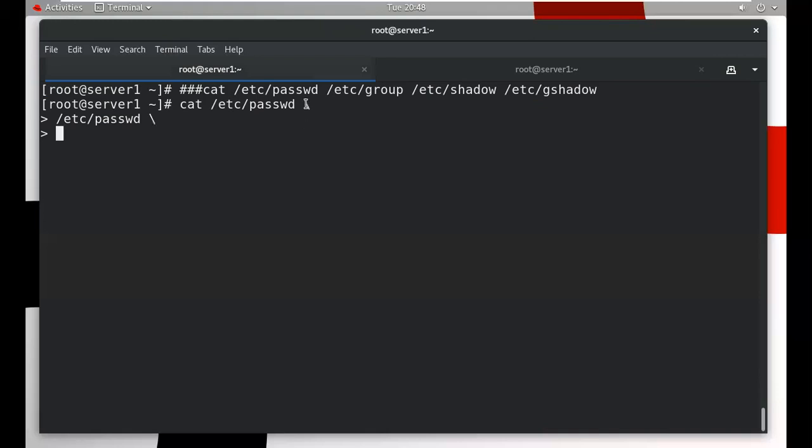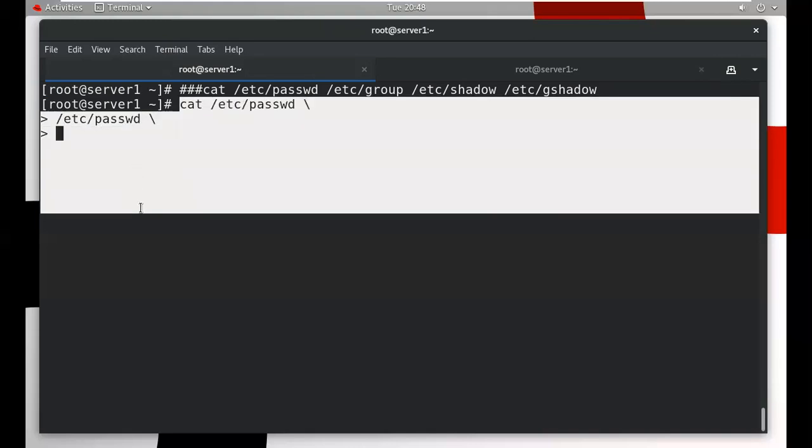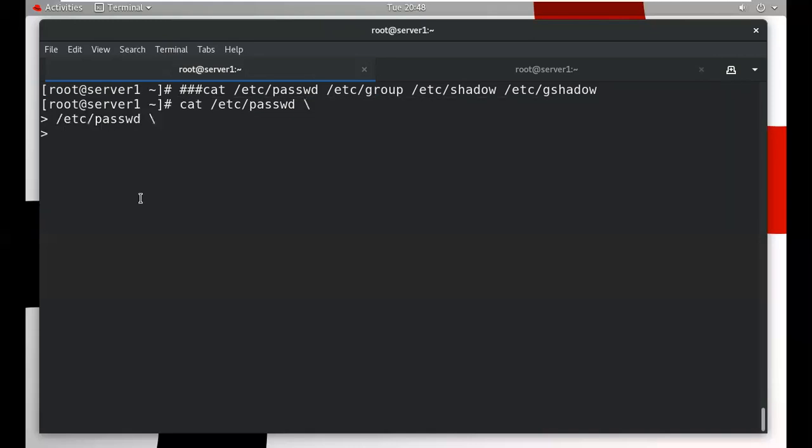So this will help you to perform all these lines as a single command. This is another line, when we perform etc, then again group. This is another line. So I can check